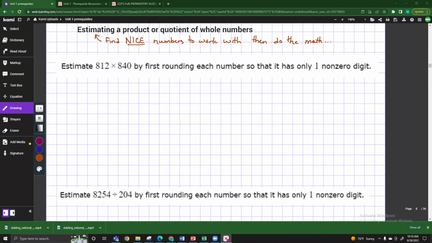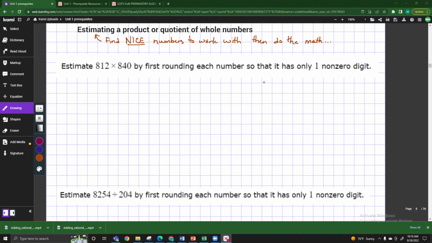Estimate a product or quotient of whole numbers. Remember, estimating means we're finding the nicest numbers we can work with, things that we know number facts with, and then we're doing the math. So if I'm estimating 812 times 840 by first rounding each number so that it has only one non-zero digit,